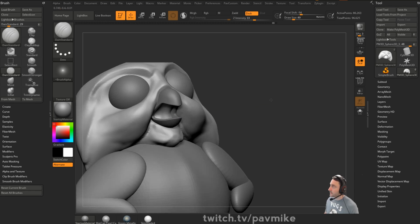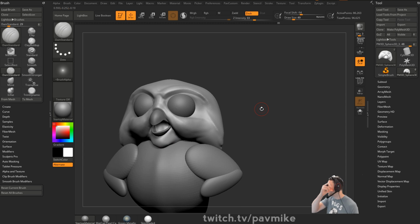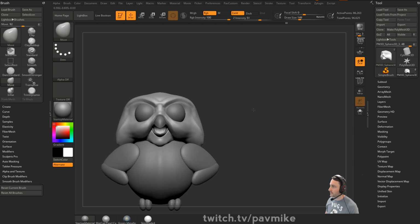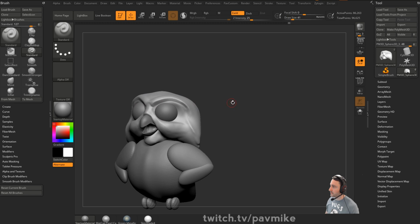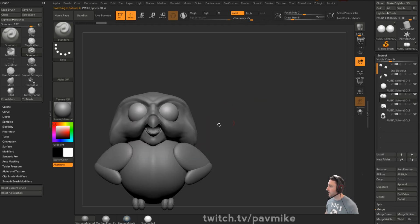We got this, then we got his little chin hairs, and so at this point you can start breaking this off into different pieces if that makes it a little bit easier for you to kind of work. This is more of just form block out here, so just while it's simple and easy, I'm not looking for any details here. This is where I would start rebuilding pieces. If I wanted to build in eyelids for this guy, this is where you would go in and you would say,